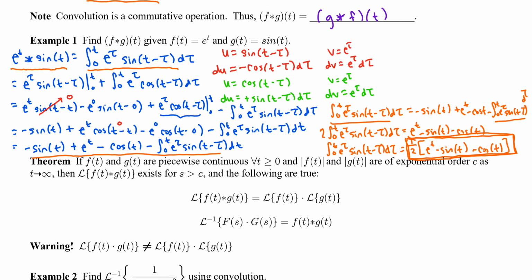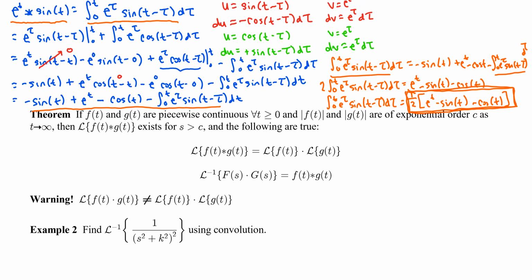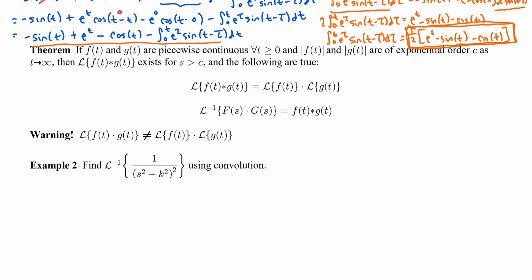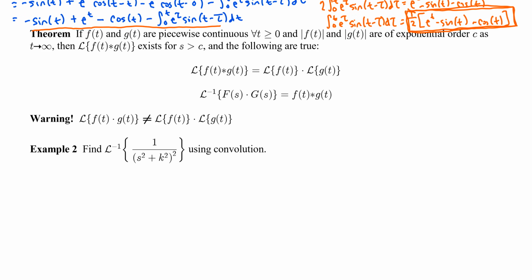Okay? Now, what are we going to do with this? Let's look at the next theorem. If f of t and g of t are piecewise continuous for all t greater than or equal to 0, and the absolute value of f of t and the absolute value of g of t are of exponential order c as t approaches infinity, remember those were necessary and sufficient conditions for the Laplace transform to exist, then the Laplace transform of the convolution, f of t star g of t, exists for s greater than c, and the